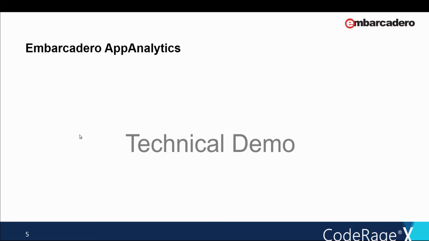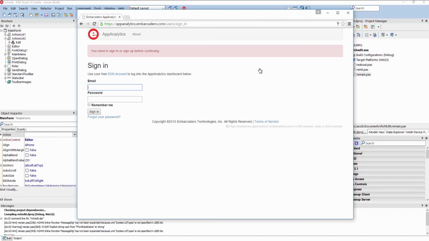So in this presentation, I'm going to first show you briefly how AppAnalytics works from a developer point of view, and then discuss some best practices for using AppAnalytics to aid you and your team during each phase of the software development lifecycle. The key part of AppAnalytics is the AppAnalytics web application at